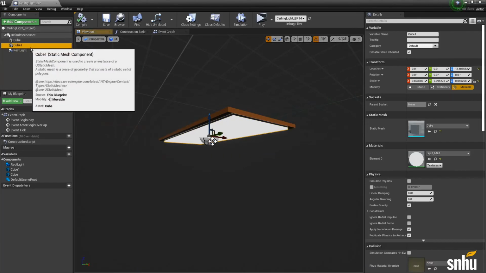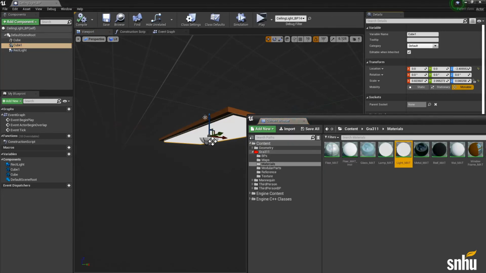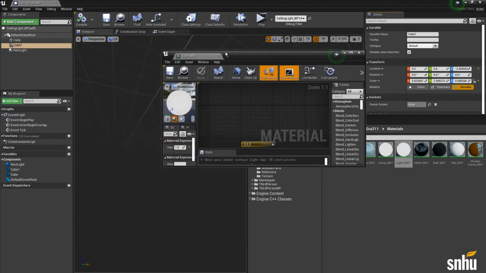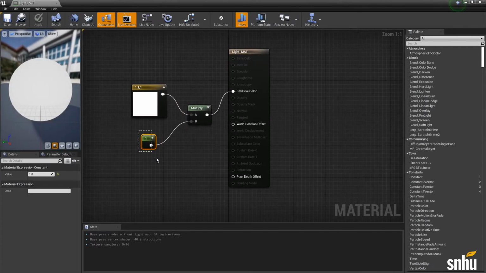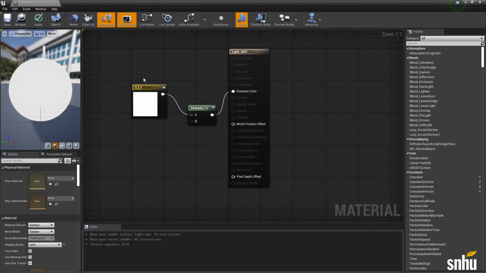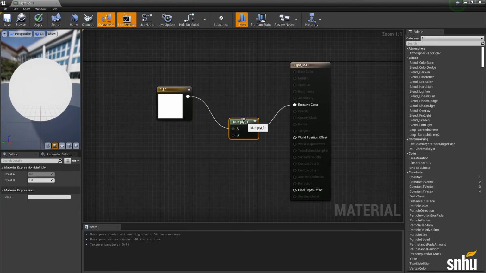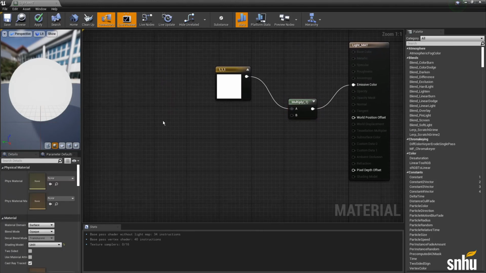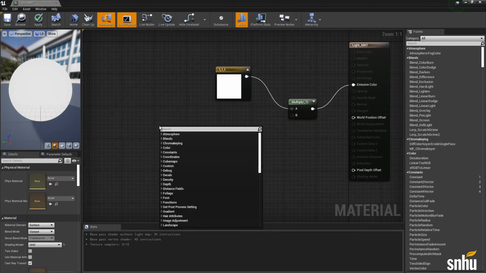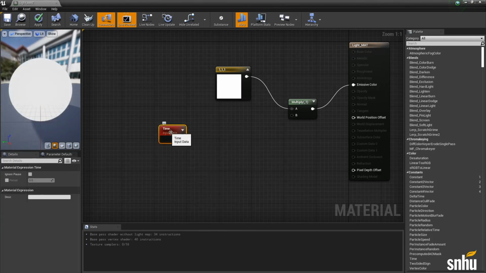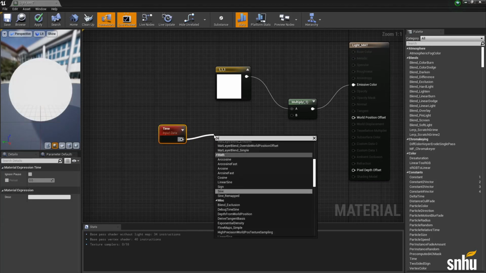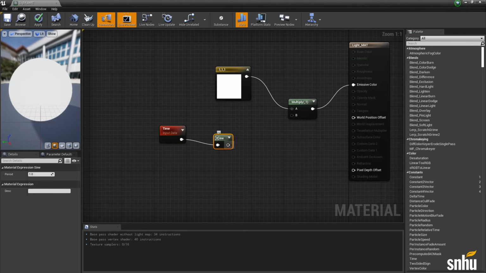And actually, let's also hop into our light material. And you don't have to worry about this. But what we do need to do is add in a multiply node into the emissive color here. And then what we're going to do is time and then a sine node.